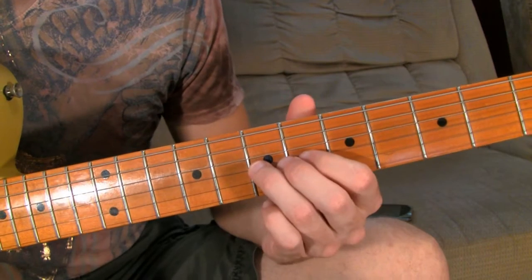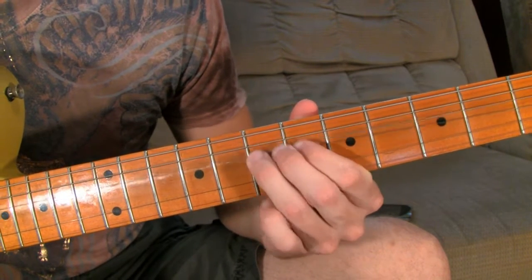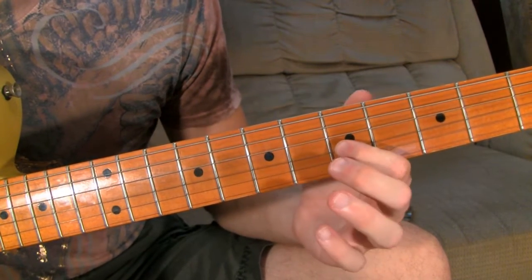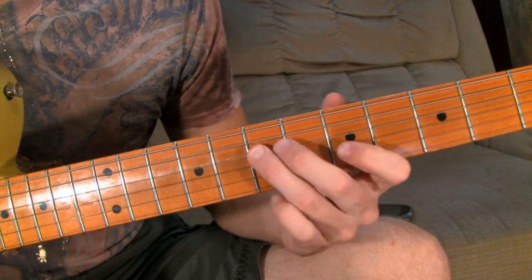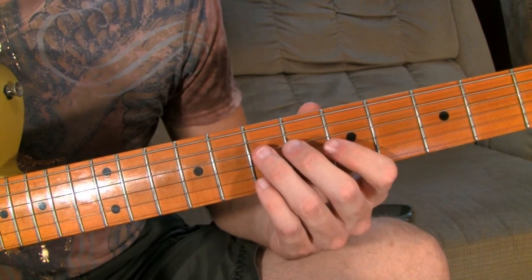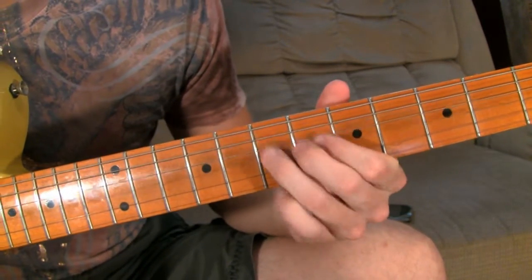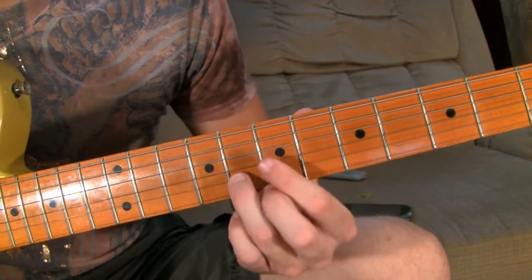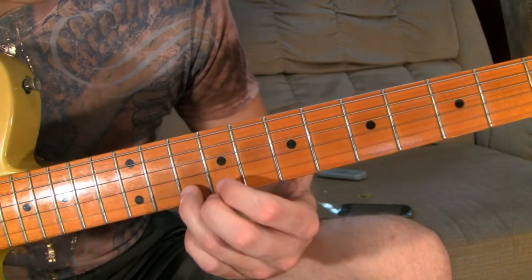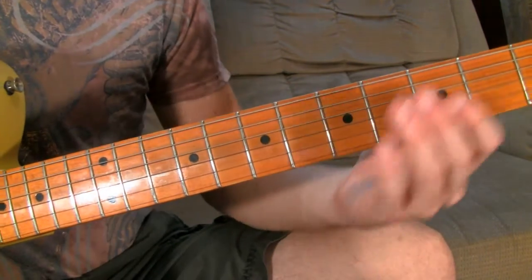Now here we have a bend on the 7th fret G string, bend and then a release, 5th fret G string, and then 7th fret D string. And then slide, pluck it on 8, slide up to 10 on the B string. So far on the solo we have